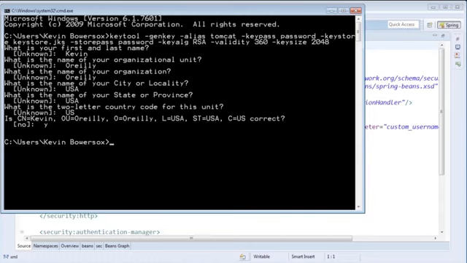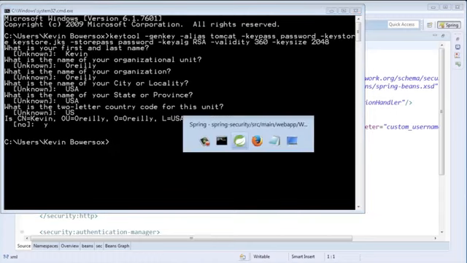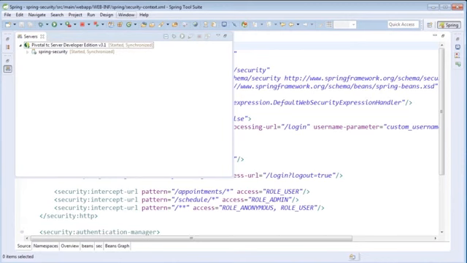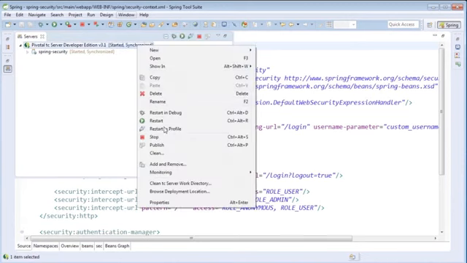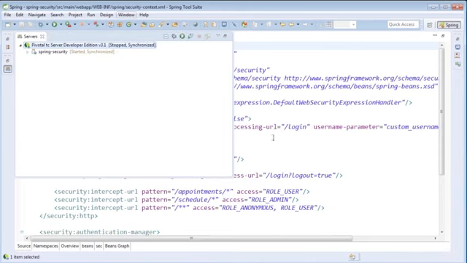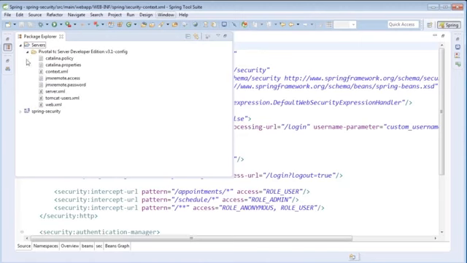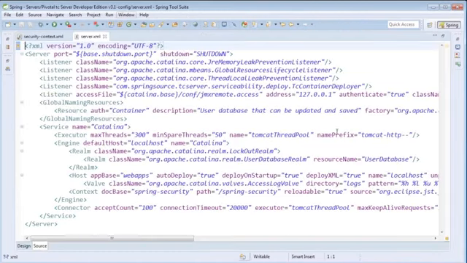So we're going to navigate back to STS, and the next thing we need to do is make sure our server is stopped. This is very important because we're going to change some of the configuration within our server. So once the server is stopped, we'll navigate to the Package Explorer, and we will expand the servers and our Pivotal tc Server, and then we're going to enter the server.xml file,